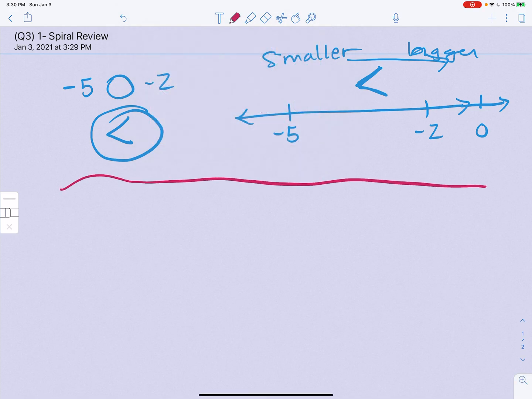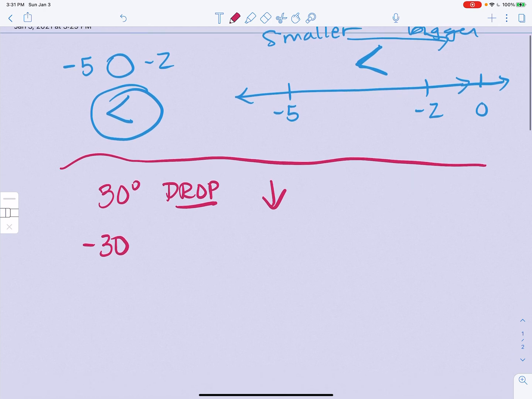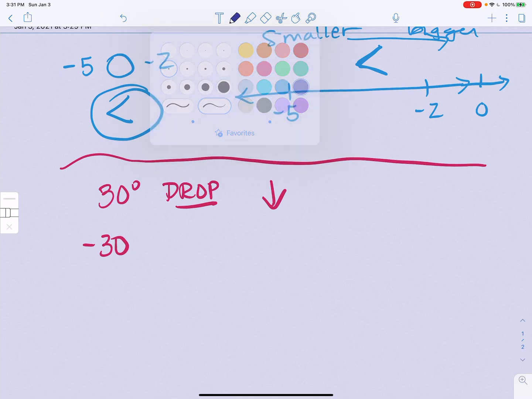That says represent with integers. So it says a 30-degree drop in temperature. So that means it is going down. That means it's negative. So your answer will be -30. Okay, next problem